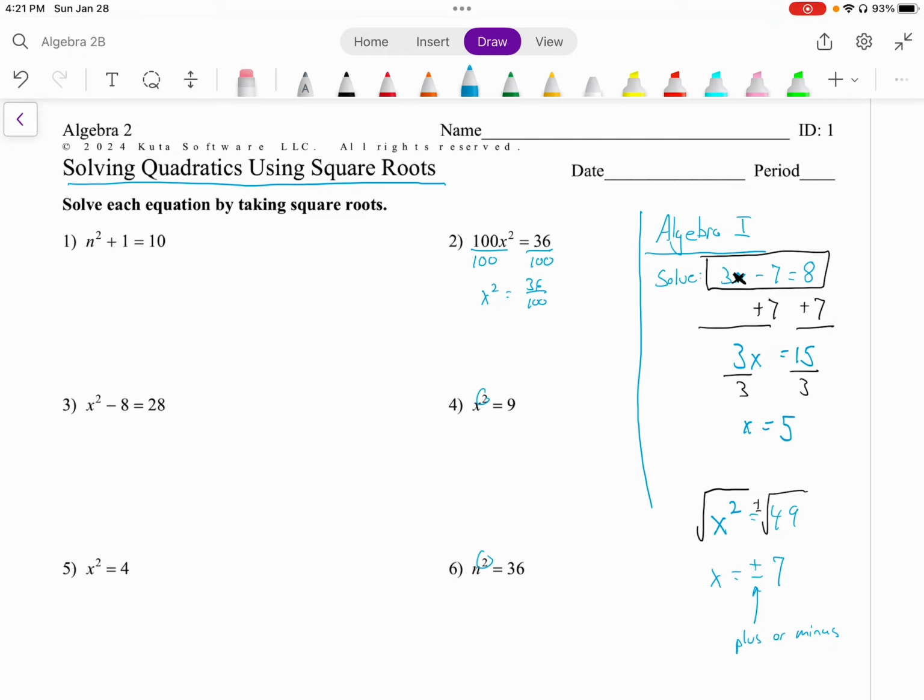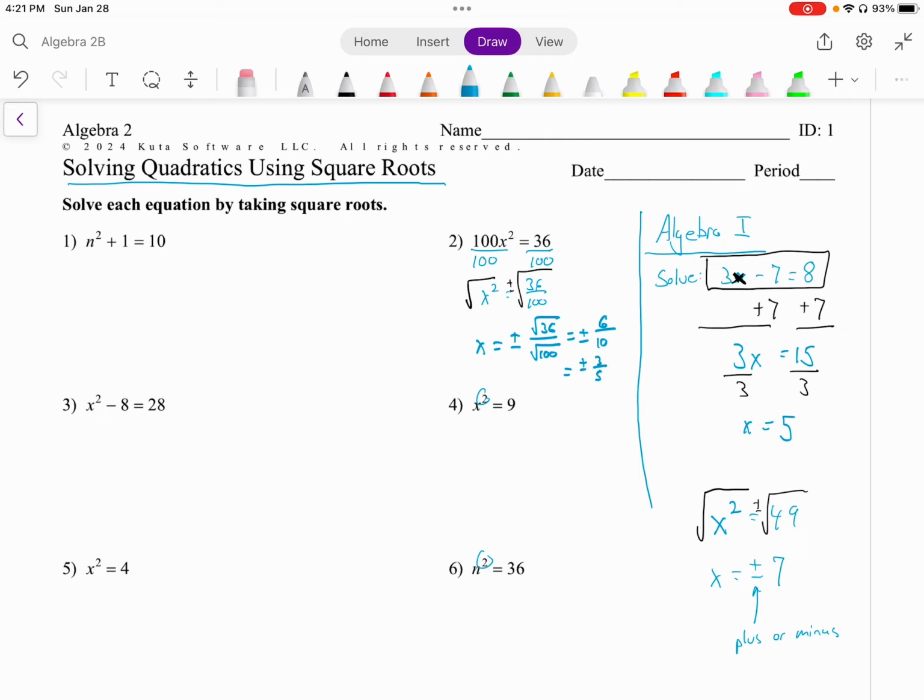There are a few things you can do here. I'm just going to leave it like this. Right now, we're going to take the square root of both sides to get rid of the square. When we take the square root of a fraction, it's simply equal to the square root of the top over the square root of the bottom. I don't always write this, but I wanted you to know this concept, because we could have thought through this in our heads. The square root of 36 is 6, so I should make sure we put plus or minus. The square root of 36 is 6, and the square root of 100 is 10, and that actually reduces to plus or minus